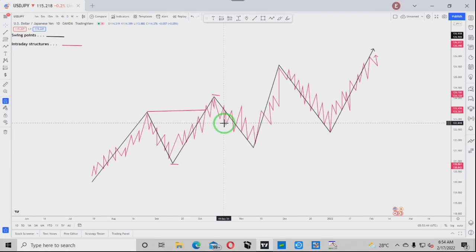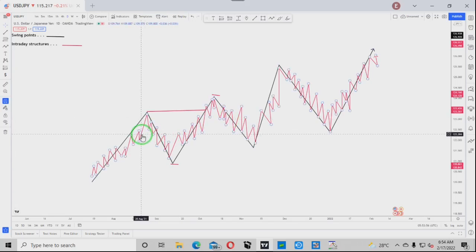Right, when we talk about higher time frame swing point, take a look. Let us assume that this black line is the 4-hour time frame, and this red line is the M15 time frame. All right, now on the 4-hour time frame, this black line, price pushed up and printed a high here. That is a major swing point. It's a major swing high.